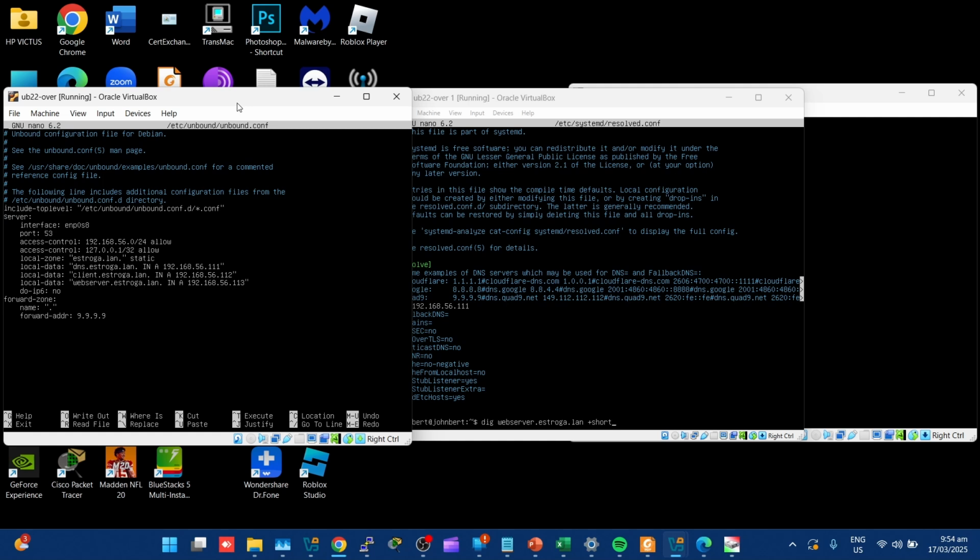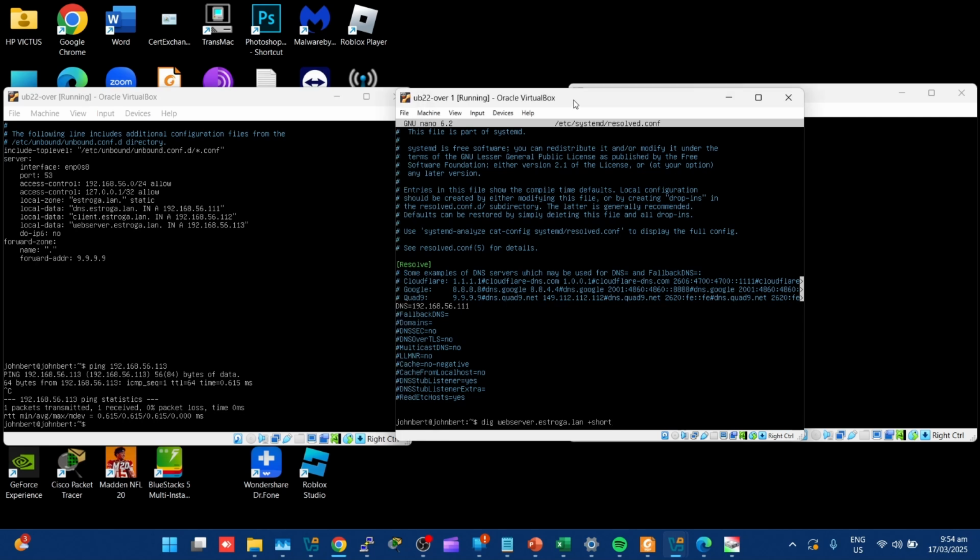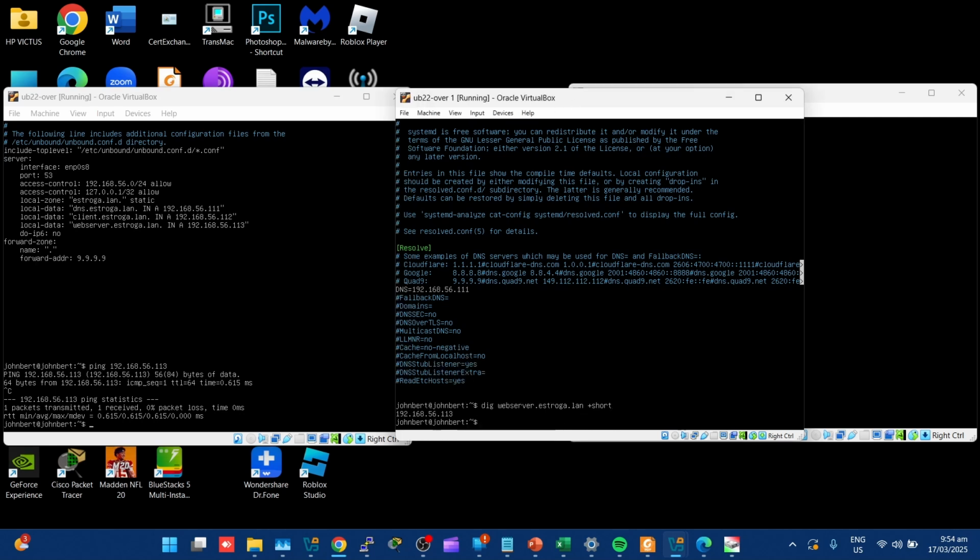and it has an IP address of 192.168.56.113. If I ping 192.168.56.113, it is connected. So on my client virtual machine, if I do dig webserver.estroga.lan, it corresponds to the IP address of 192.168.56.113. So to test if the website of webserver.estroga.lan is working properly,